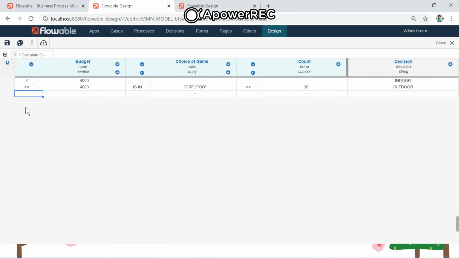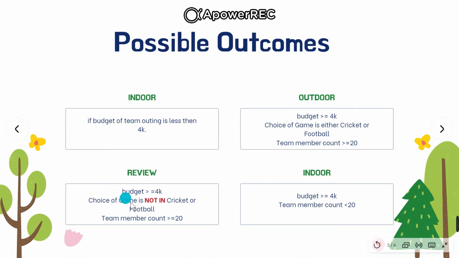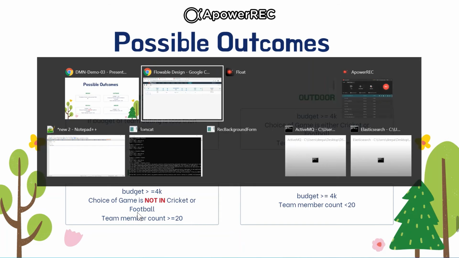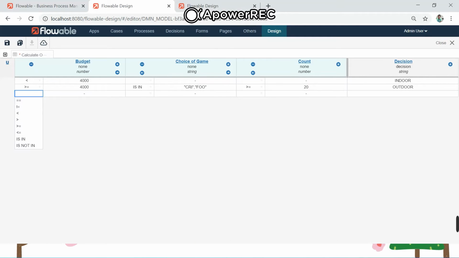The third condition is when budget is greater than 4K but choice is not in cricket or football, we have a review outcome. What you can do is again select the budget as greater than 4,000.